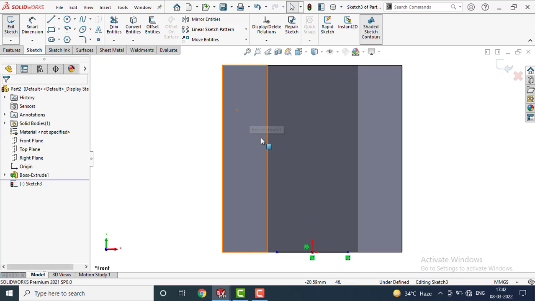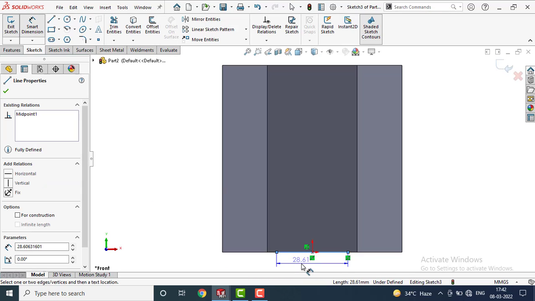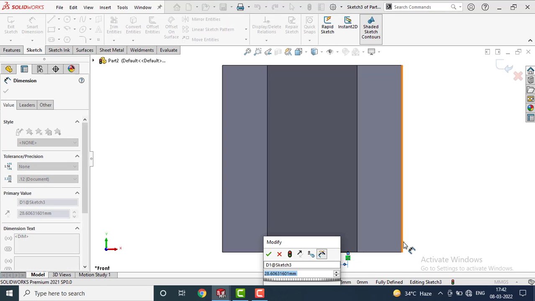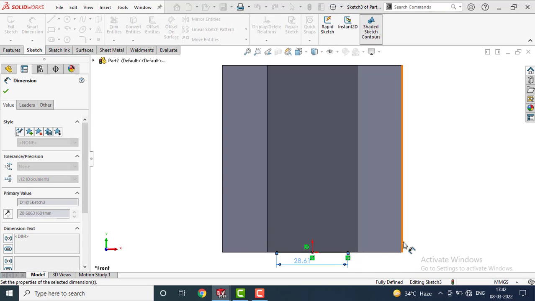Press escape button. Go to smart dimension and give the dimension of this line 54 mm.